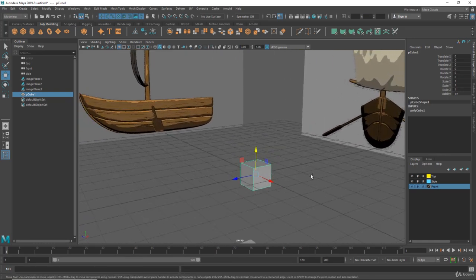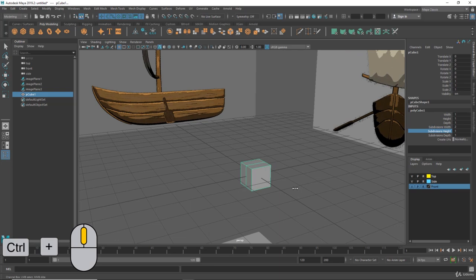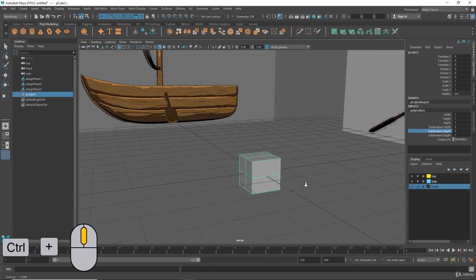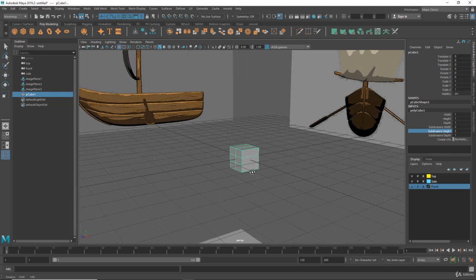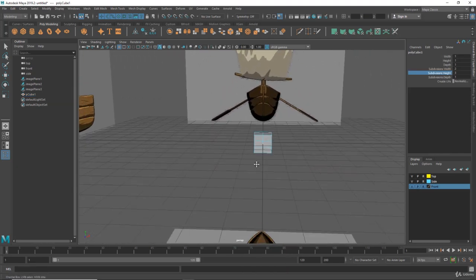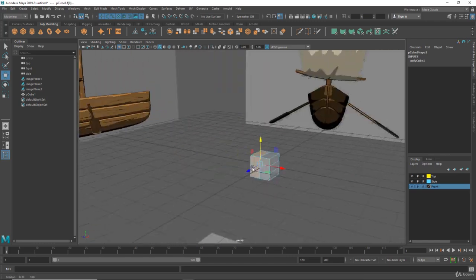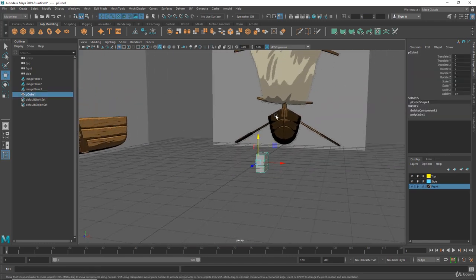So now I have a box, so I'm going to split that, and I'm going to add some subdivisions there. 3, it's okay for now. So now I'm going to right click and choose face. I'm going to delete the half of that because we want to mirror that later after we create the half